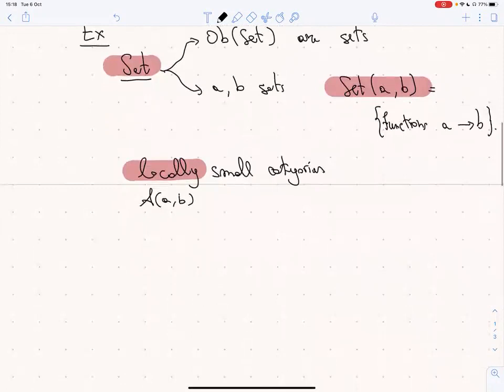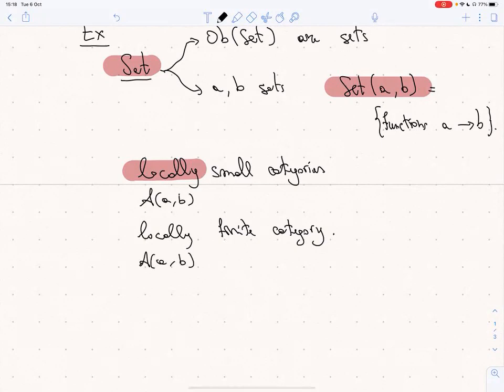So for example, could you guess, so someone should say something here, could you guess what locally finite category means? This should be an easy question. But I would say that all Homs between sets A and B should be finite sets, no? Yes, precisely. Yeah, that's very correct. So Hom(A, B) is finite for all A and B.